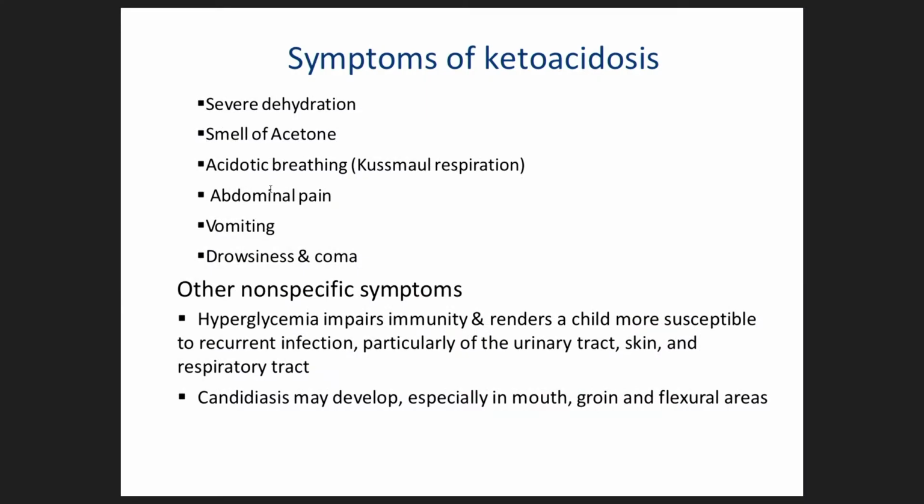So in ketoacidosis, there is a triad of hyperglycemia, ketone formation, and metabolic acidosis. The patient, in addition to polyuria, polydipsia, weight loss, and polyphagia, might have abdominal pain, vomiting, drowsiness, might go into coma, and the breathing will be rapid. Why rapid breathing? Because the child washes out CO2 to compensate for metabolic acidosis. That is called Kussmaul breathing. It is very important to ask the history about symptoms of diabetes and symptoms of ketoacidosis.